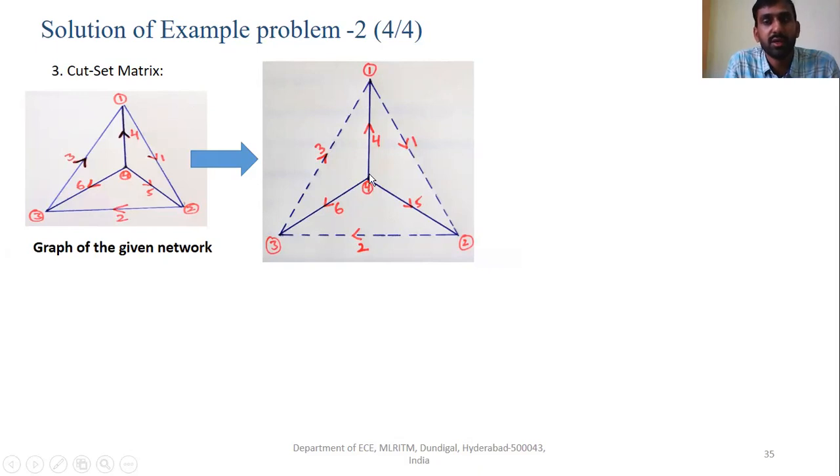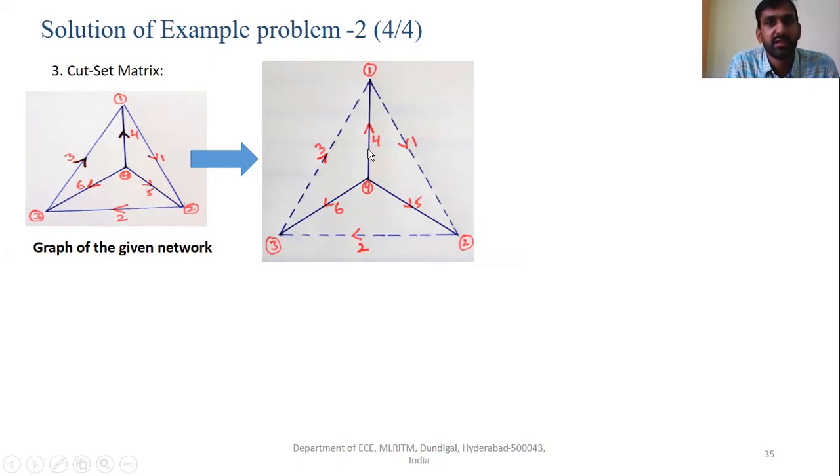The twigs are the branches of the tree and the links are the branches of the co-tree, right? In the tie set matrix we obtain the relation between the link currents and the branch currents, whereas in the cut set matrix we obtain the relation between the twig voltages and the branch voltages.